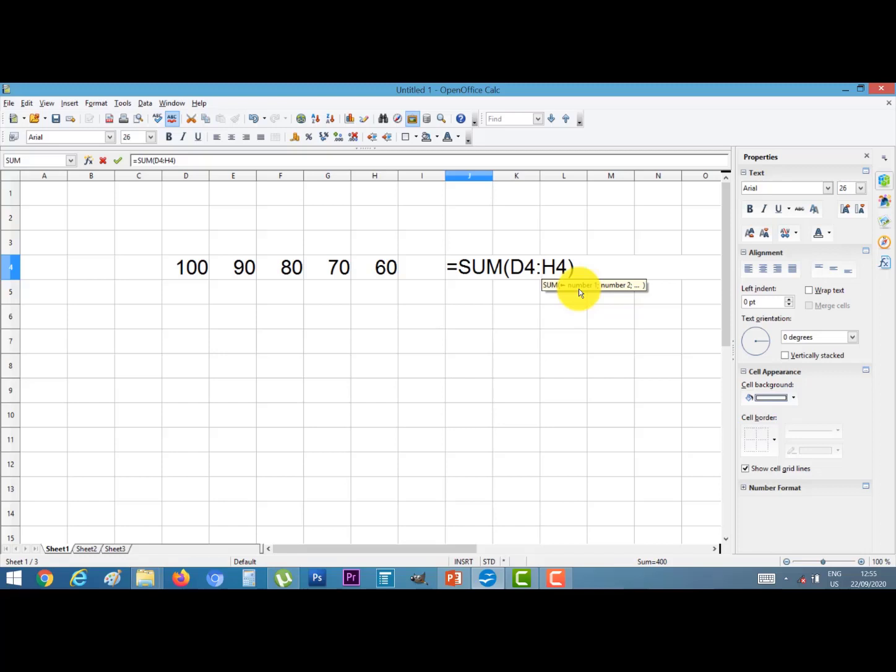It means sum D4 to H4. Press the enter key. The result is the same, 400.